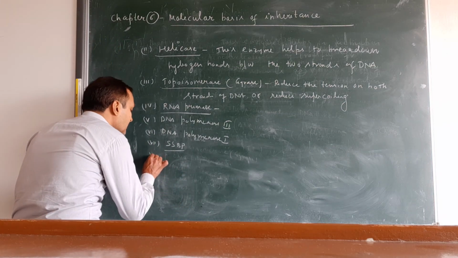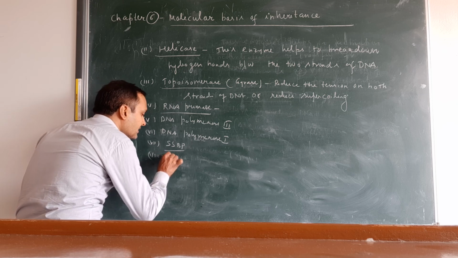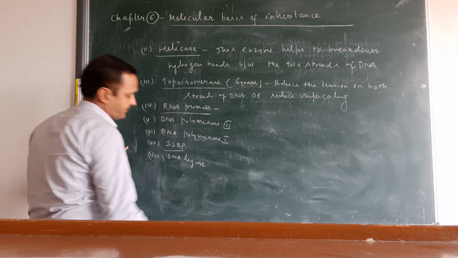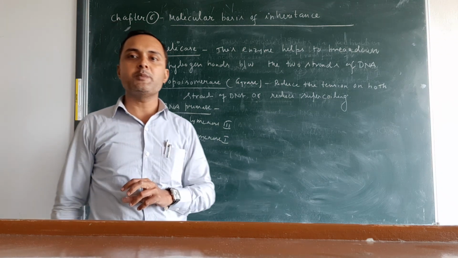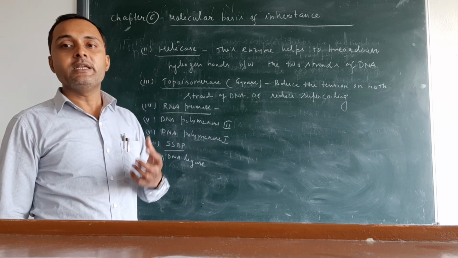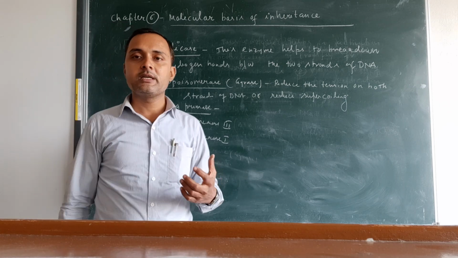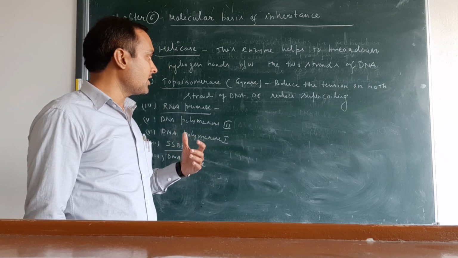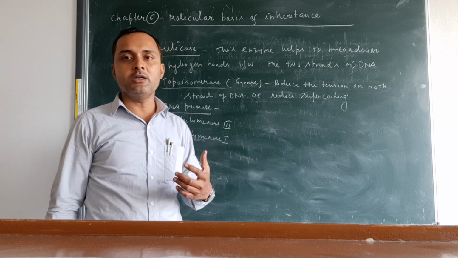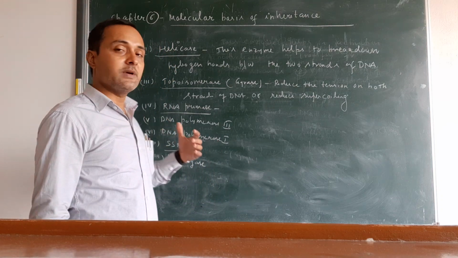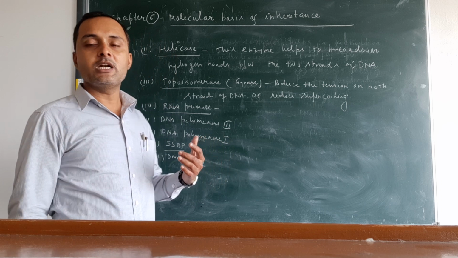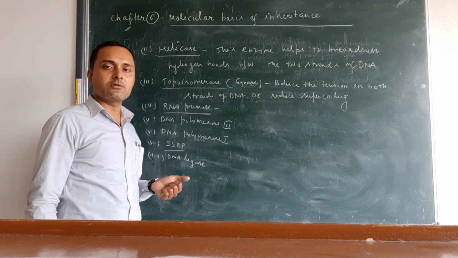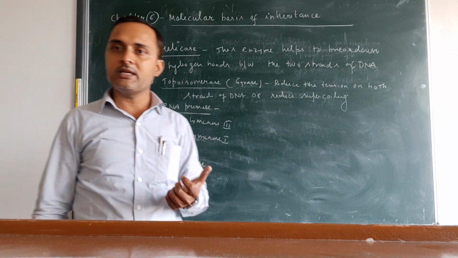And the last one is ligase, also known as DNA ligase. This enzyme is responsible for joining of small fragments of DNA. Detail we will discuss in the various steps of DNA replication. So in this class, you have to learn the various functions of the enzymes involved in DNA replication. So how many total enzymes? Total 8 enzymes you have to learn. Okay, thank you.